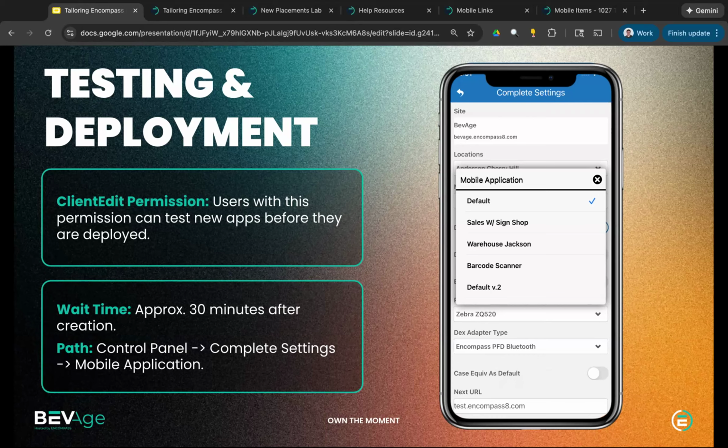So if you have client edit permission, you can get into that drop down and you can select your mobile application and take a look and see, just to make sure that your icons are displaying the order you want, make sure it looks visually appealing, make sure nothing is there that you don't want to see. All those things that you just did when you're deleting, adding mobile links, right? You should be able to see that within, like it says here, 30 minutes by going into that drop down